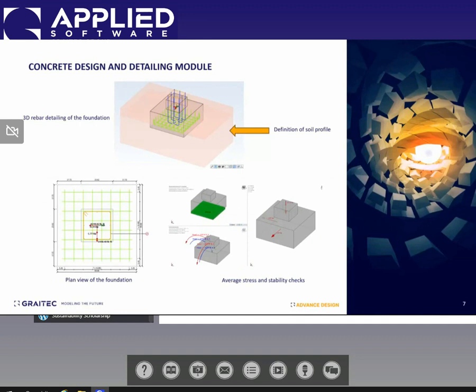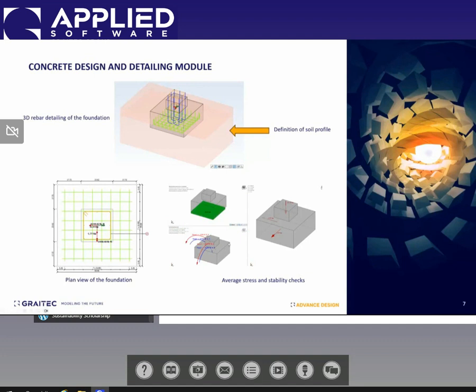So for example, the slide that I'm showing you here is about foundations. Basically in Advanced Design, just by clicking on your support in your geometry, the concrete module of Advanced Design will be opened automatically. And here we will have the option to detail and design the rebars inside my foundation. As you see here, you can also define the soil properties of the foundation because, as you see down here,